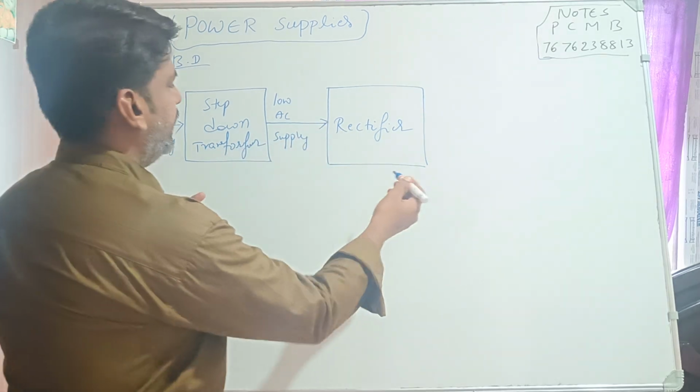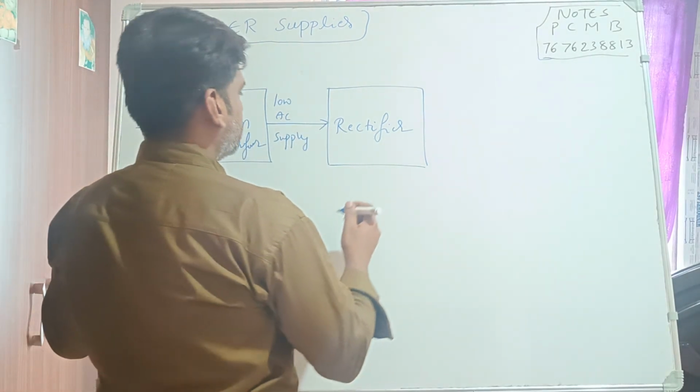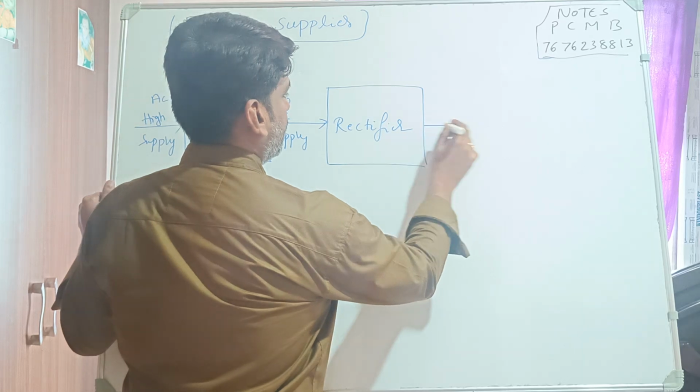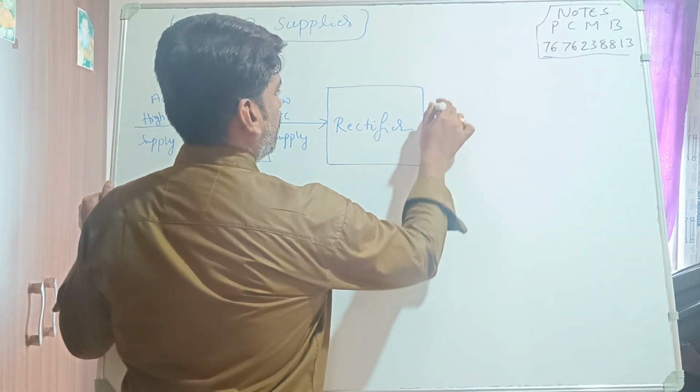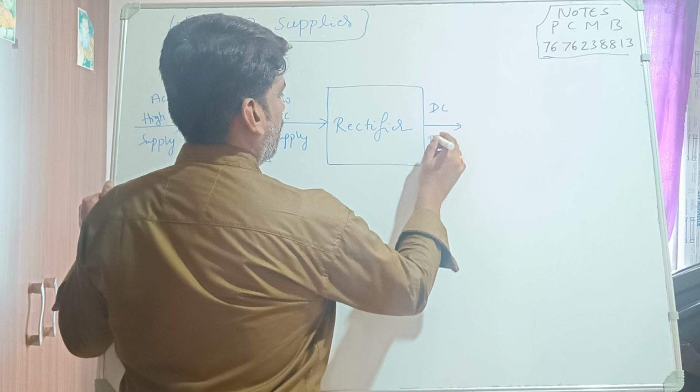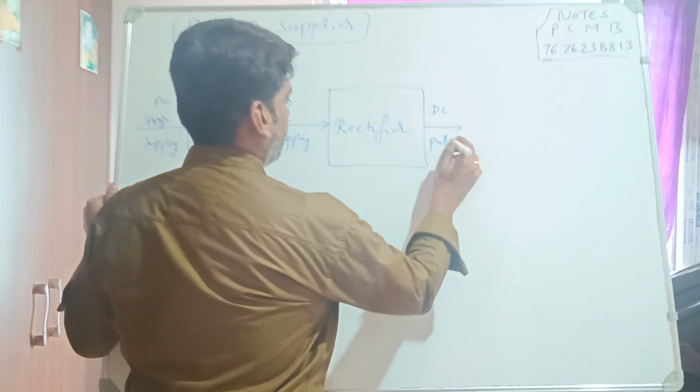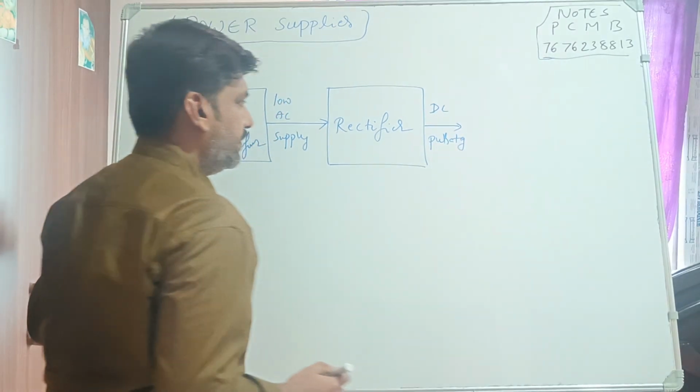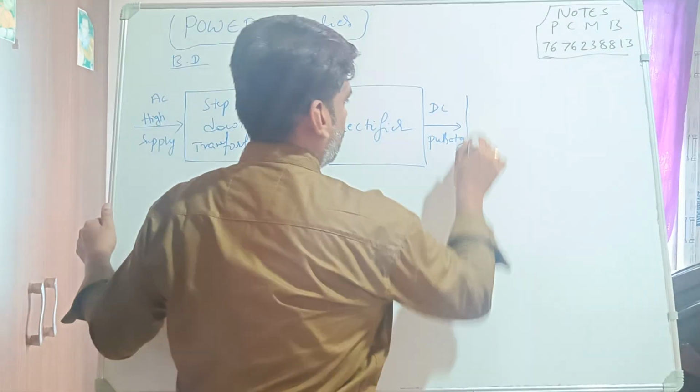Then this is feeding into a rectifier. So here I am going to get DC voltage, and it is pulsating, right? So after that, one more block,